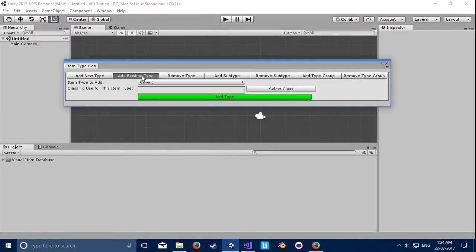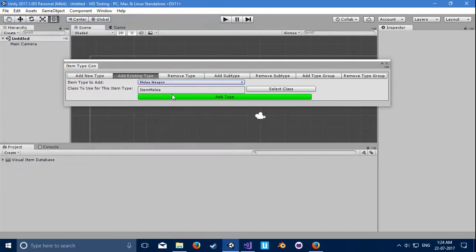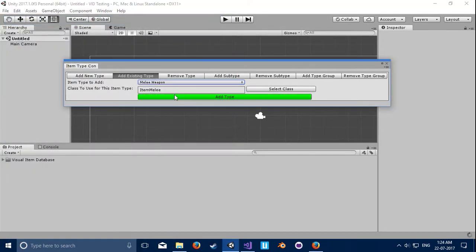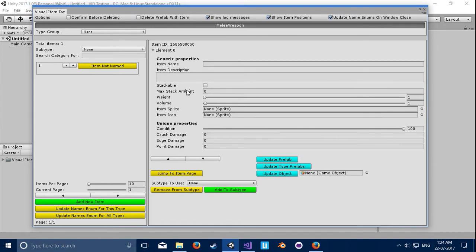We can add an existing type and we have a few to select from. So we can add the melee weapon and select the item melee. As you saw, if you watched the previous video, you will know how this works. And just like that, we have added one of the types that come with the database and we can see